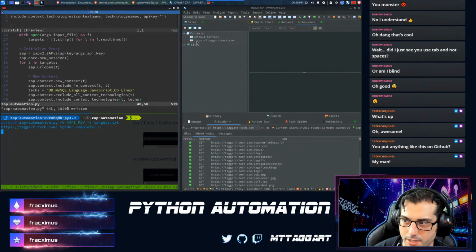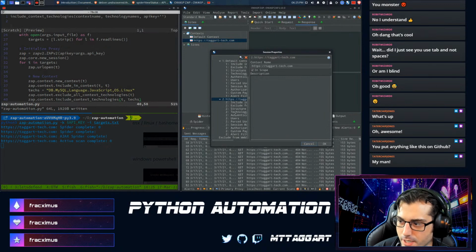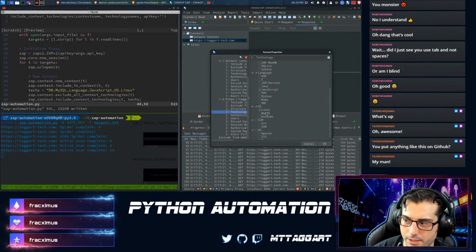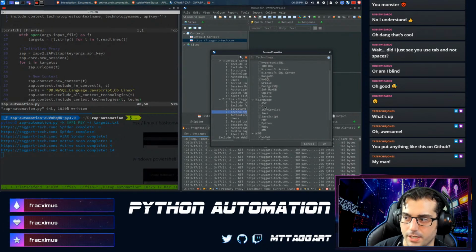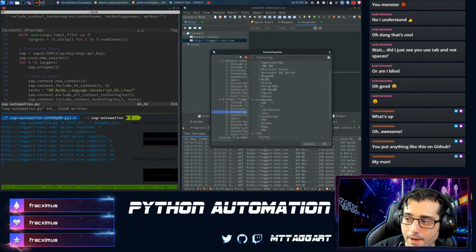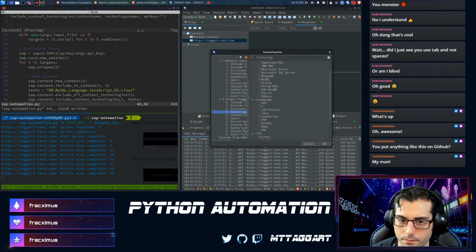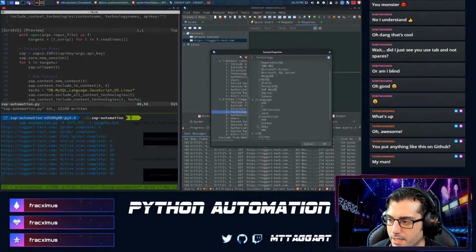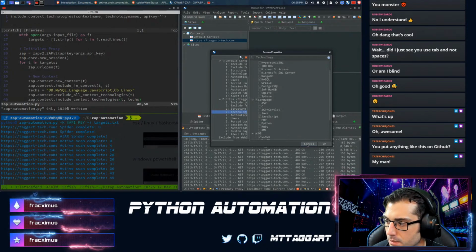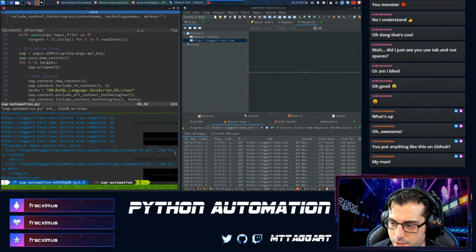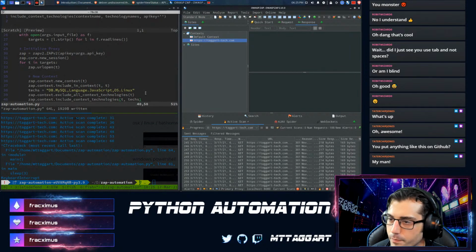All right, so there's our first context. And if we check this out, you should see our technologies. Yep, there's MySQL and just JavaScript and just Linux. So those are the three technologies we chose, and those got added. So my scan is going to go faster because I'm not concerning myself with the technologies that I know for sure are not involved. That's the basic idea. All right. Let me just kill this because I don't need it to keep running.